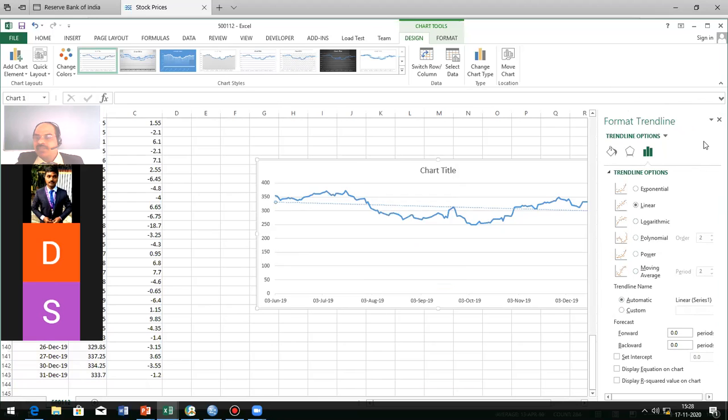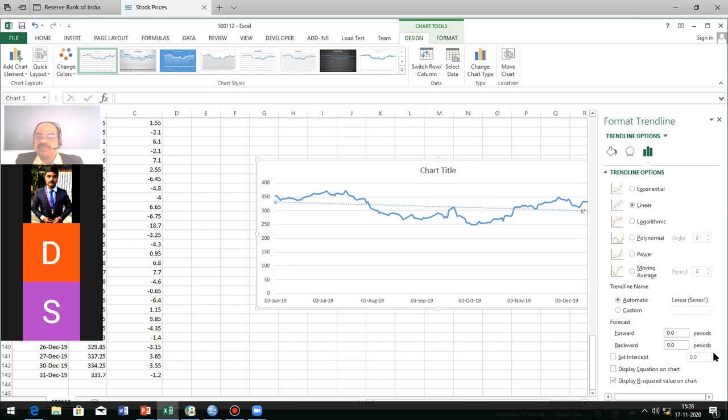First, we will see whether it comes under the linear trend. So I am selecting the linear trend, and displaying the equation here.